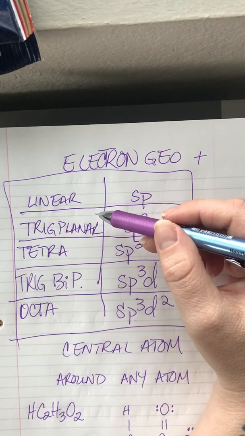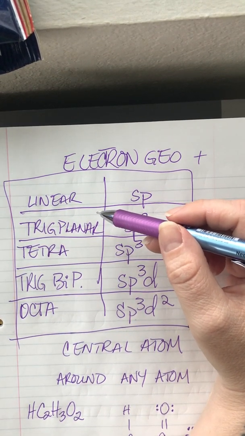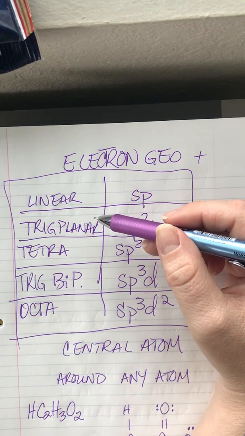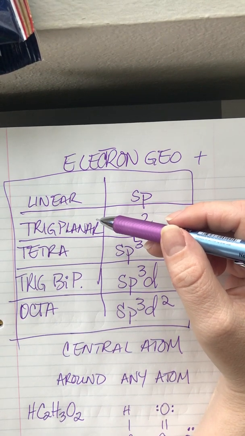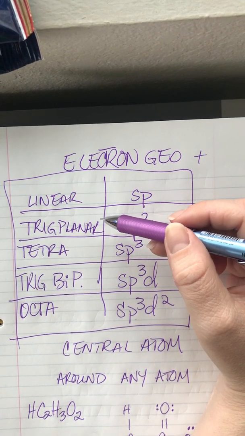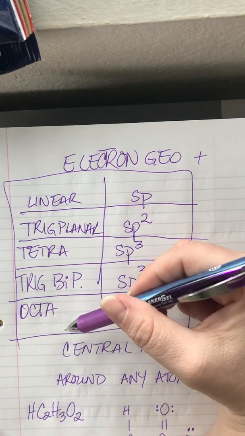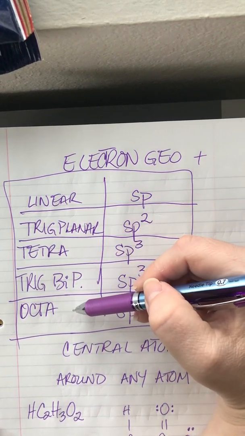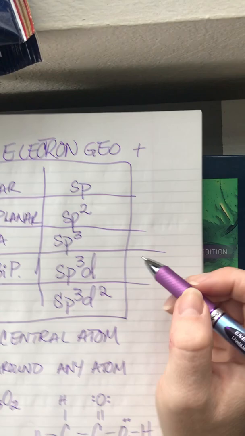Because the whole thing with Lewis structures is we're trying to get the lowest energy structure, right? So one of the ways that we do that in VSEPR theory is by maximizing the distance between these groups, right? So when I draw a tetrahedral molecule